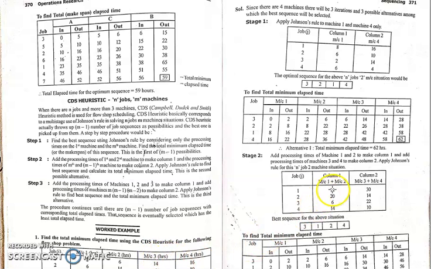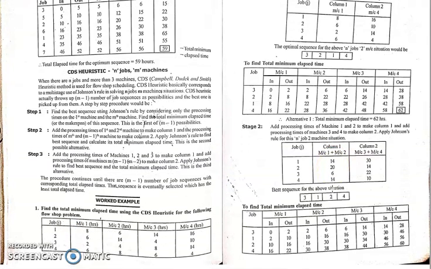So see here, machine 1 processing time and machine 2 processing time, they have added: 8 plus 6 is 14, 6 plus 14 is 20, like this they have added here. And machine 3 and machine 4: 14 plus 16 is 30, 4 plus 10 is 14, in that way they have added here. So they have made the two columns by adding 1 and 2 to make one column, 3 and 4 to make another column. Okay, so now again find the sequence.